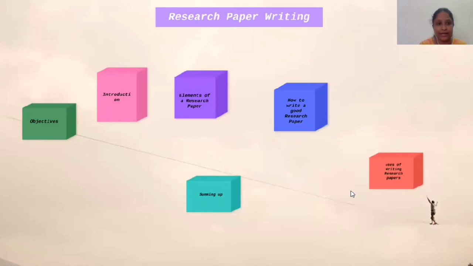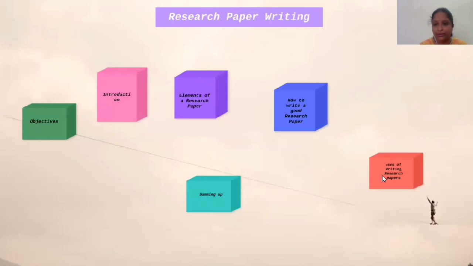The diction should be good, and it should have subject specific jargon, or it should have the technical words, and you should use your own words. If you want to paraphrase or summarize somebody's work, you can also do that, but always try to use your own words and then acknowledge the work that has been written.